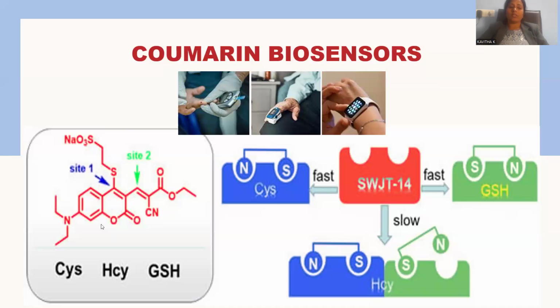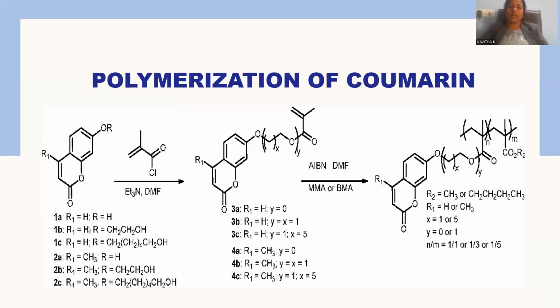So this together is having the activity of biosensing, and that is proven. So it is also kind of a material science application. And a promising application for this coumarin will be the polymerization. Polymers may have further extendable applications in the field of material science, so here coumarin is supposed to be